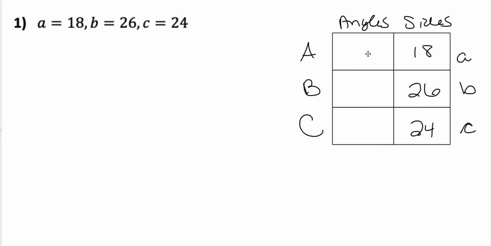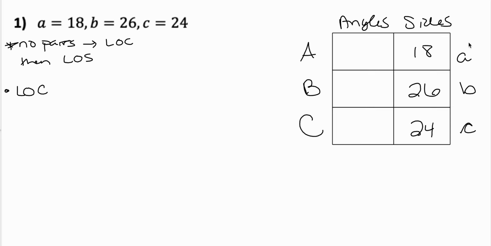We look to see if there is a pair of letters, a big A and little a, big B, little b, big C, little c. There are no pairs. Since there are no pairs, we do law of cosines first, then we'll do law of sines. So with law of cosines,